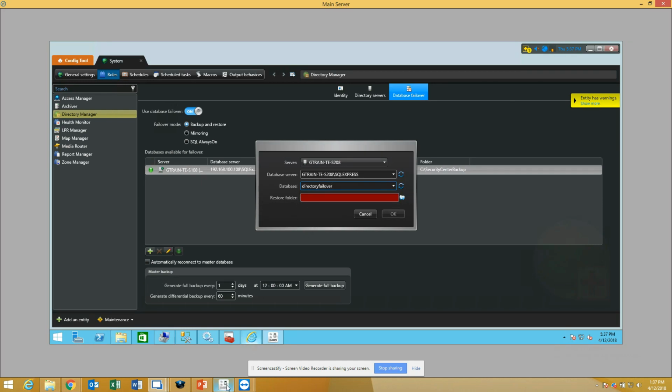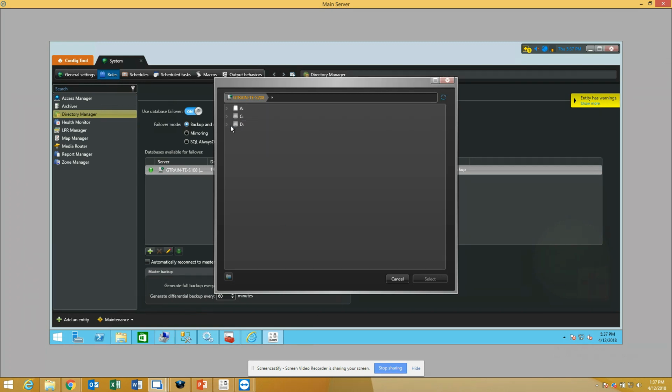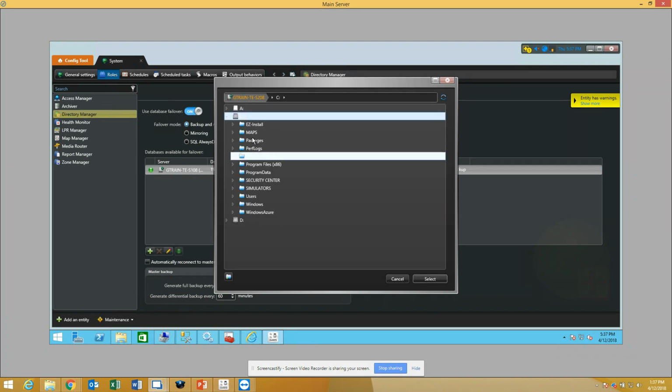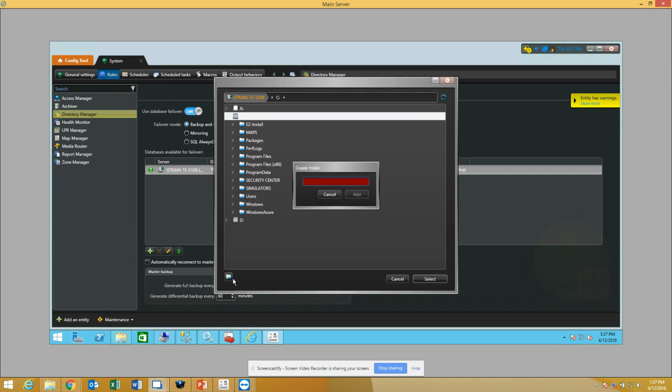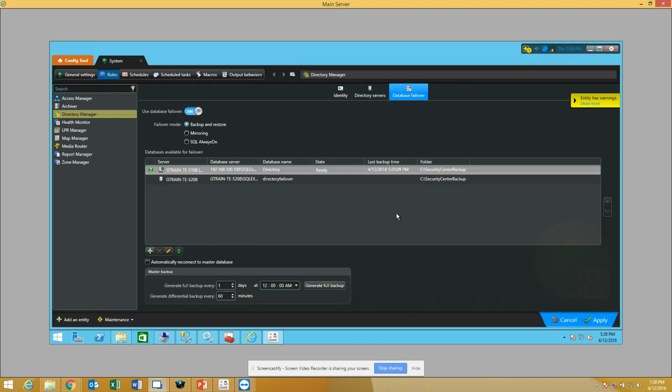Now the restore folder is this portion here, the folder that you are willing to create so they can exchange that information on that folder. So we're going to create that folder, okay, and point to that. So the restore folder, let's browse the C drive. I'd like to keep them identical. So I'm going to go to C drive, click on create folder, and create a folder called Security Center Backup. It's the same exact name of the folder on the other machine. So add, it's right there, select it, and click on OK. See? Beautiful. So now we are going to hit apply,